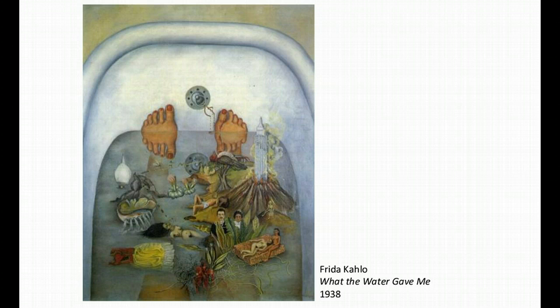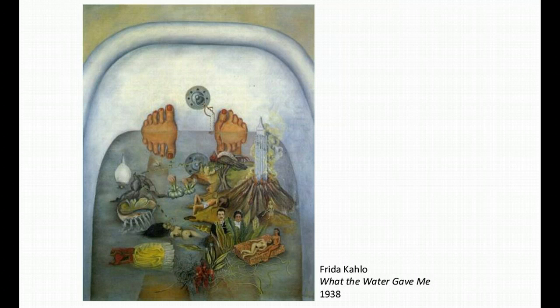At a certain point, Kahlo was involved in a very bad traffic accident. She lost the use of her legs for some time and was in bed, basically. During that bed stay, she developed a painting practice. And at one point, while in the tub, she came up with this concept. Whereas she's sitting in the tub, she can't move, she can't even stand up to get out of the tub without assistance, she thinks about all of the different things that are in her life. And so the title, What the Water Gave Me: the water gave her a perspective on which to reflect.